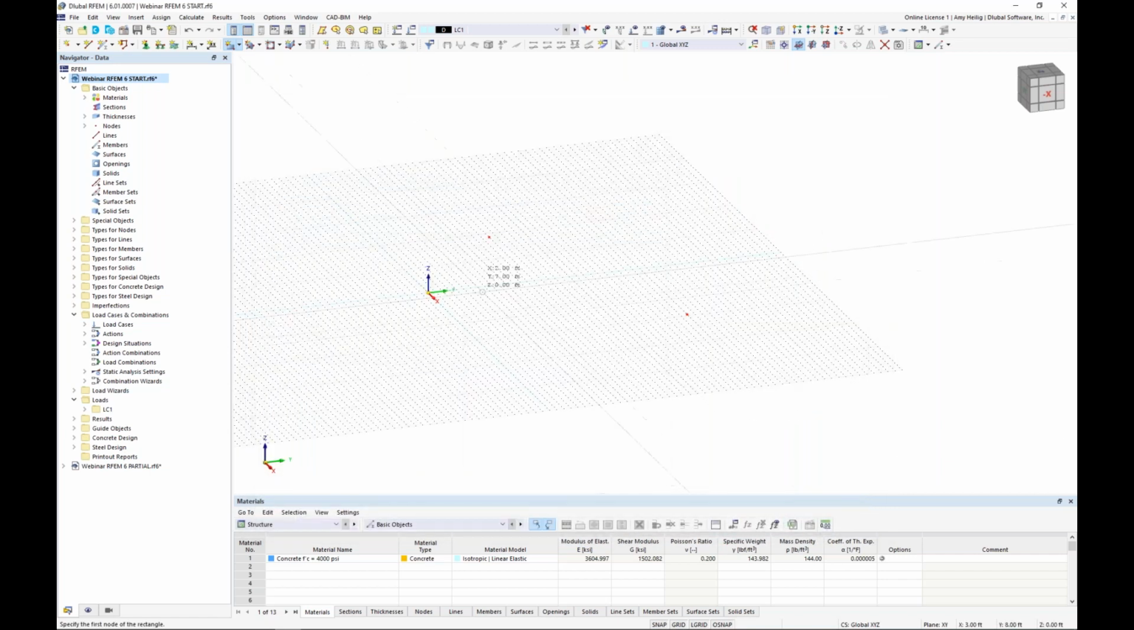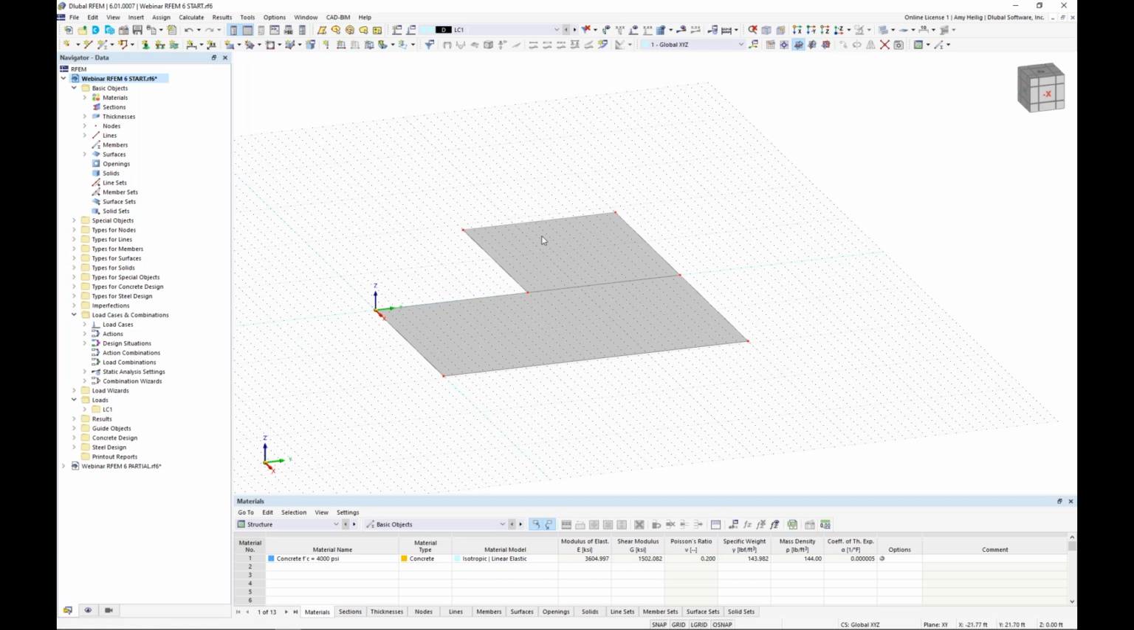I click OK, and I will snap from this origin point down here to my second node, and I'm going to do the same concept for my second surface. Now I have two continuous surfaces here. Realistically, this is the same thing as modeling one surface, meaning that we'll have full force transfer between these two surfaces. But if I wanted to clean up the model a little bit to truly create one continuous surface,